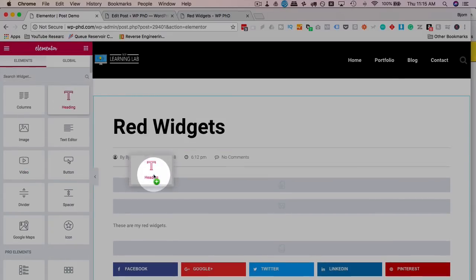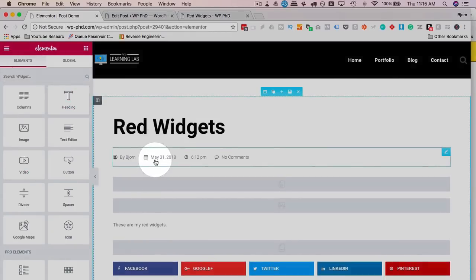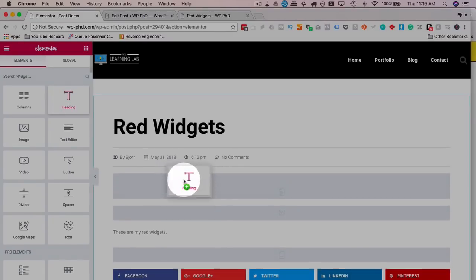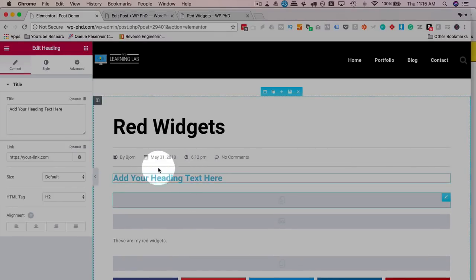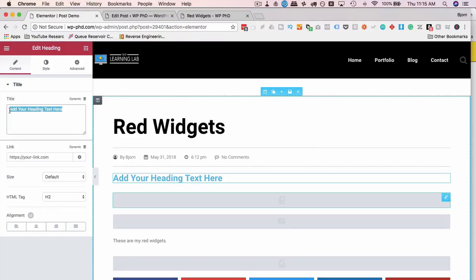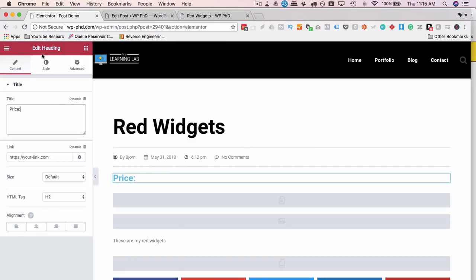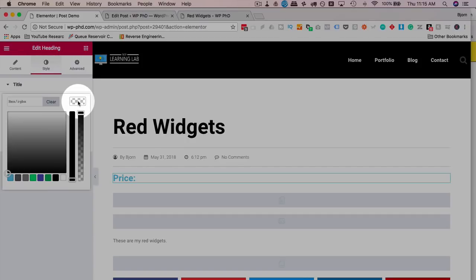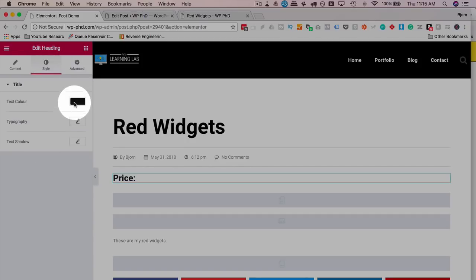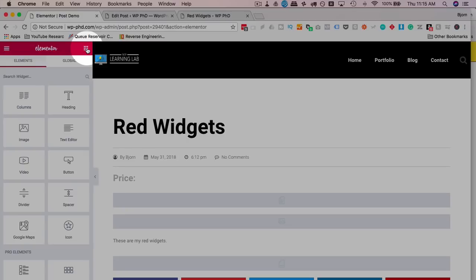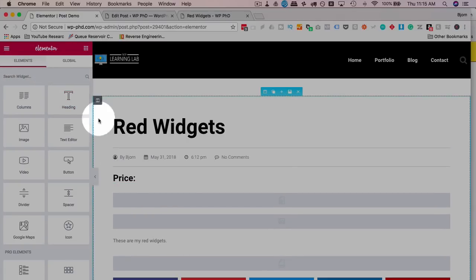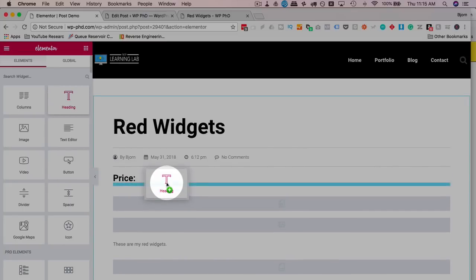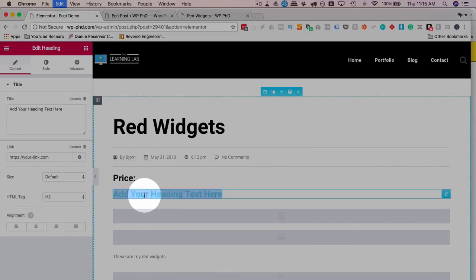So I'm just going to go ahead and add a heading. Let's try that again. I'm going to call this heading price. I'm going to change the color to black. And now I'm going to add another heading that didn't actually turn black. Oh, there it is. Now it's black. Having trouble dragging and dropping these things today. And this one is going to be